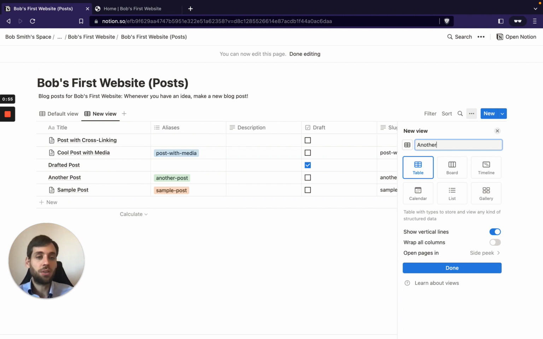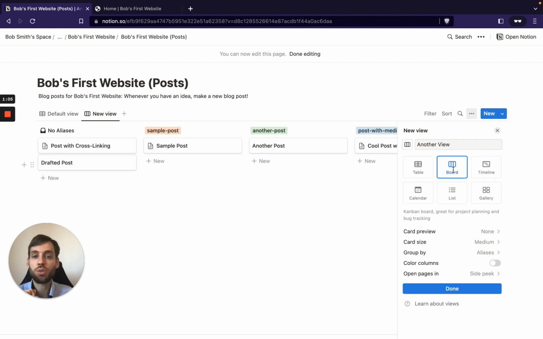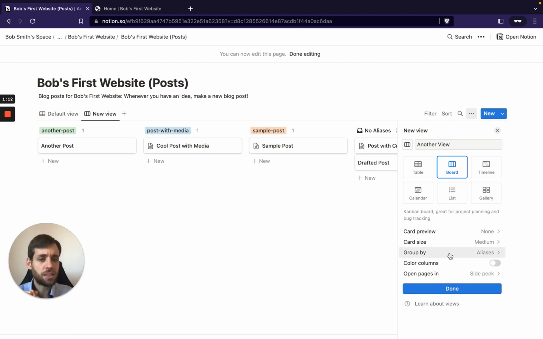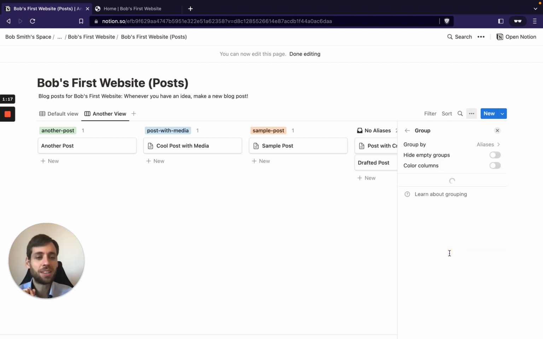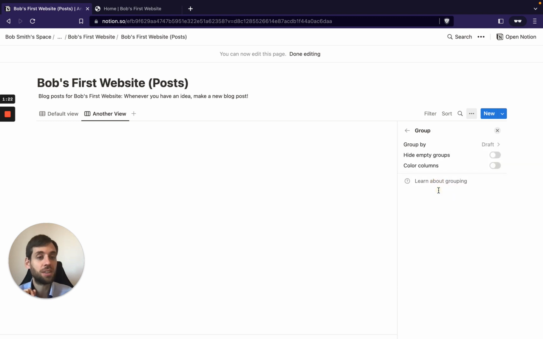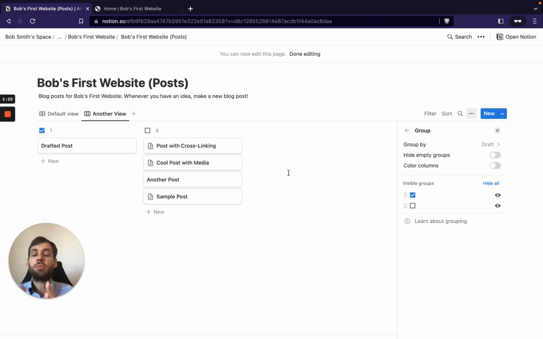So another view, I'm going to call it, and this is a table like the default view, but it doesn't have to be. We can also choose board here. So let's choose board. It chooses the alias as a grouping mechanism, but that's actually not such a smart choice. Let's choose draft, right? So now I have two columns. In one column are all the posts that are in draft, and in another column are all the posts that